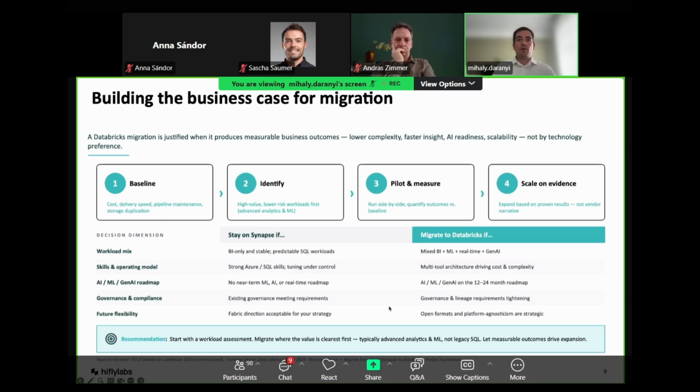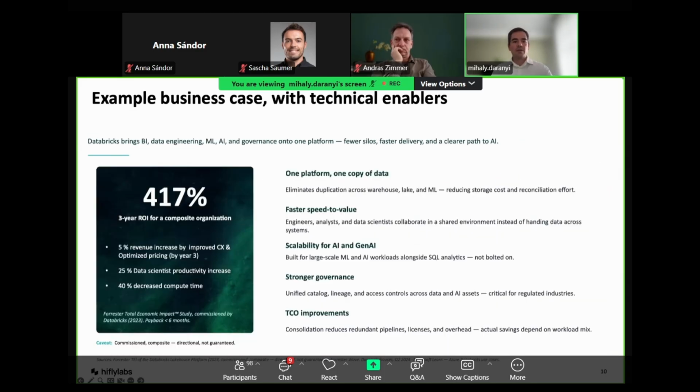So, jumping to the next slide, because most of the time when we have client engagements, they are always asking, okay, but what's the ROI? If someone is trying to push this through, what will be the expected outcome? So we gathered some research from the market, and let's put numbers on it. Forrester's Total Economic Impact Study, together with Databricks, found that for one composite organization, based on several interviews on the market, in the case of a retail company,